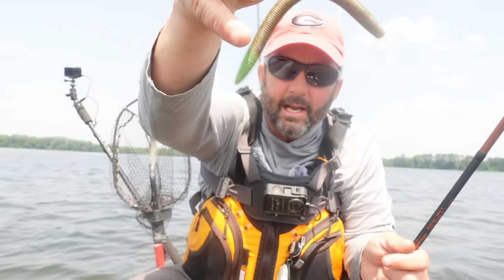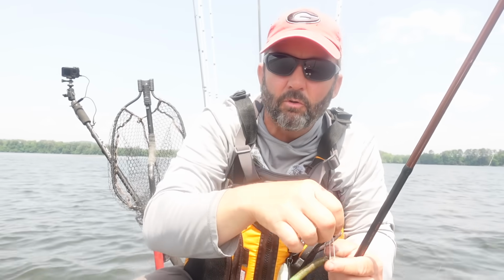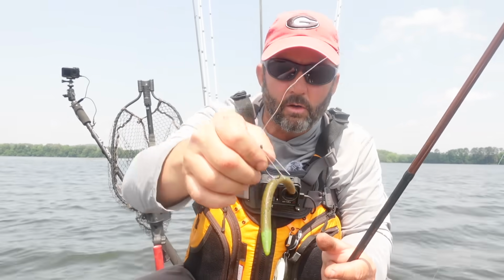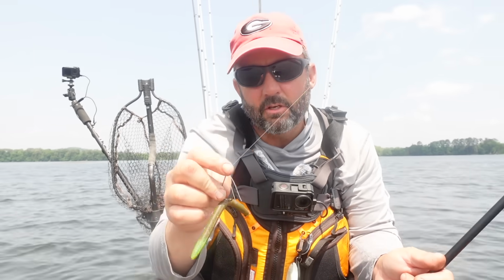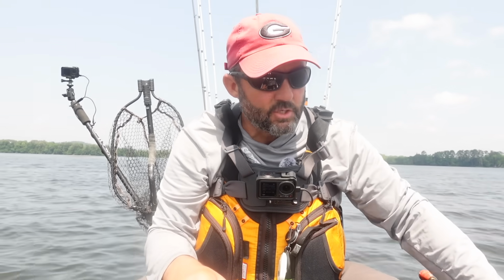But a Senko, I got the tail dipped in JJ's Magic. It's green pumpkin with a chartreuse tail, and bluegill have chartreuse tails. I know a lot of people don't notice that until you really look at them in the water, but I dipped the tail of it in chartreuse JJ's Magic, and I'm typically going to fish it on some heavier line. We'll talk about that in a minute. So a wacky rig, a swim jig,